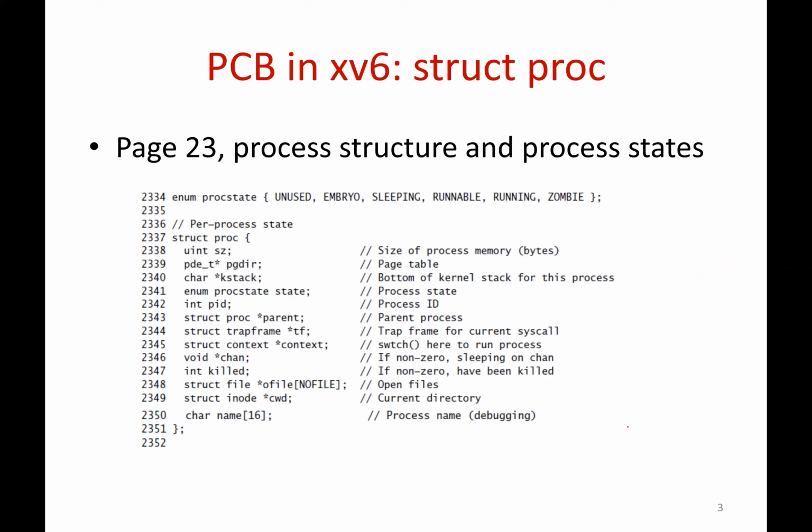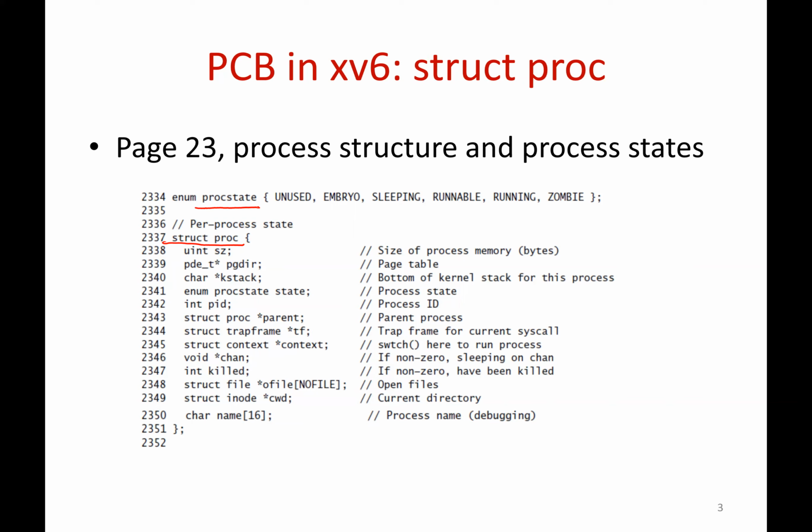So this is the snippet of code from x86. This is from the PDF formatted source code of x86. Please go to the web page of the series of lectures to have a link to this PDF. So this is the PCB structure, the struct proc structure of x86, right? These are the line numbers that will help you locate this piece of code when you look at the actual source code. Okay, so first thing, before looking at struct proc, these are the process states.